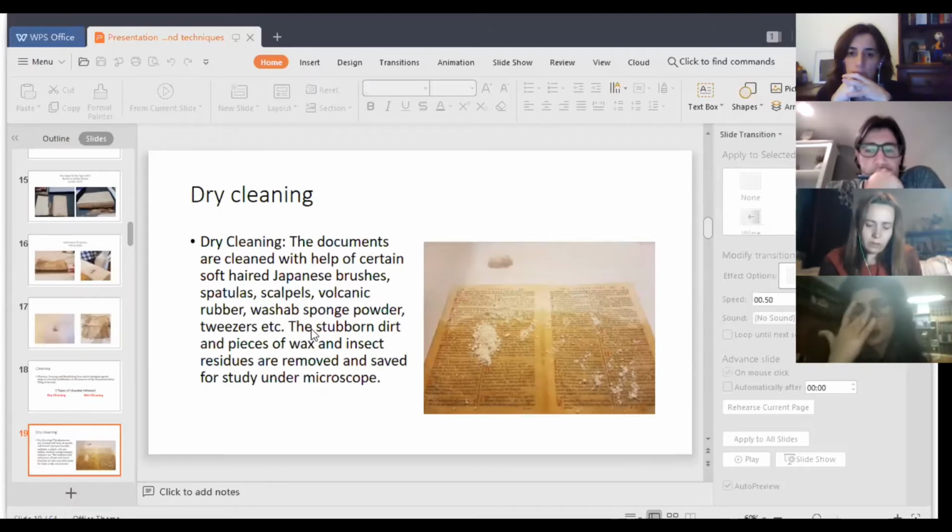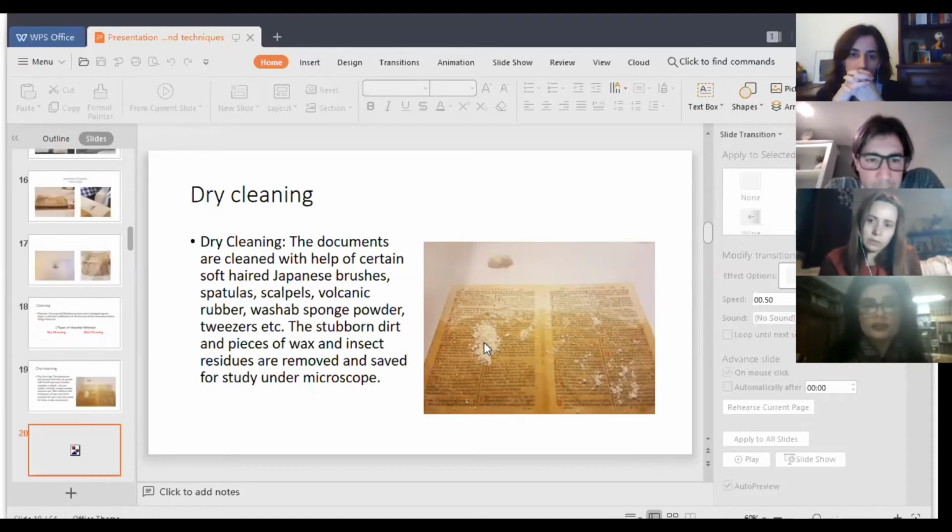Dry cleaning of historic documents is done with the help of Japanese hair brushes. They're extremely good because they do not have any metal elements in them. They're made of natural animal hair, and they're soft on the paper. So with the help of Japanese brushes and vulcanized rubber, a sharp sponge, tweezers, we try to straighten the corners, the ends. We try to gently clean the paper with the help of cotton balls, and the dirt is removed for microscopic study. This is just one part of the dry cleaning that the paper goes through before the Japanese paper is laid for lacunae infills.